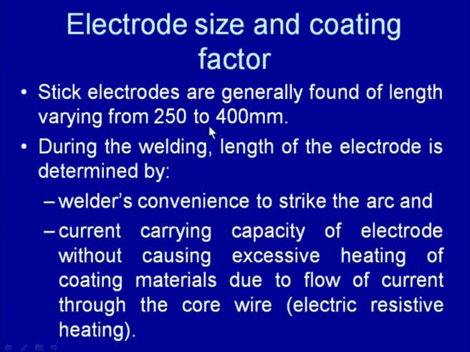However, the selection of the optimum length of the electrode is determined by two factors. One is how conveniently the welder is able to strike the arc and handle the weld metal during the welding, and the second is how the current capacity is affected by the electrode extension without causing excessive heating, because the longer the electrode length, the greater will be the electrode extension, and